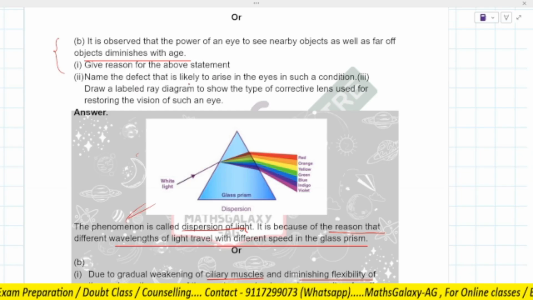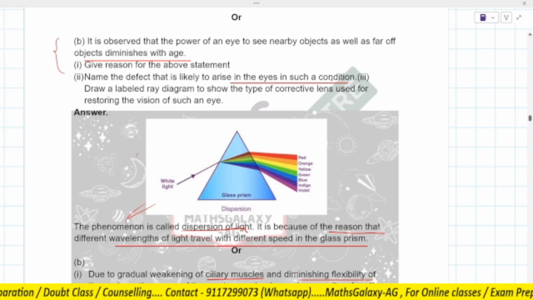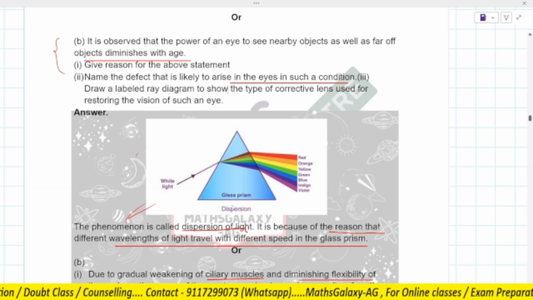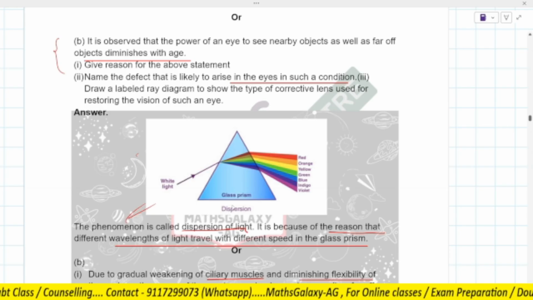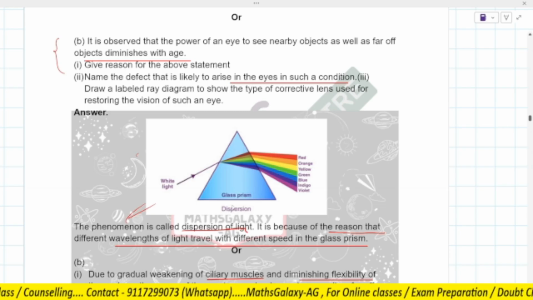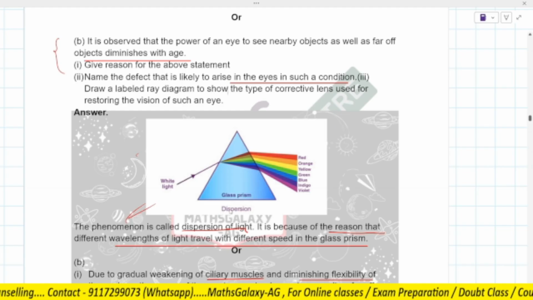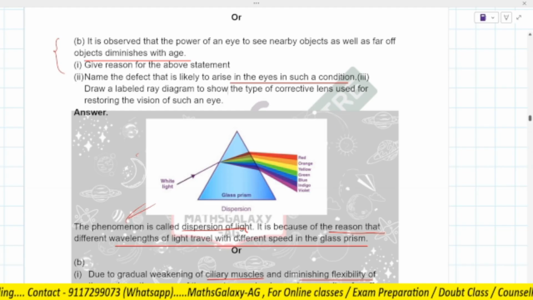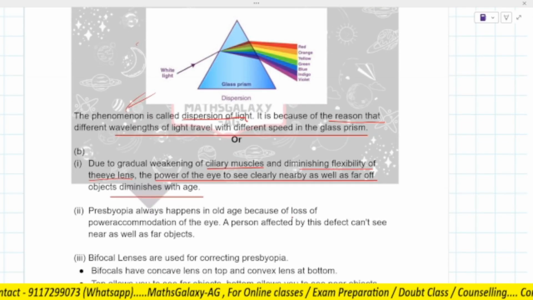The defect that is likely to arise in the eye in such a condition. So which type of defect can arise here with age? Presbyopia. Presbyopia, right? Very good. Okay, so it will be presbyopia, which happens in old age. Presbyopia happens in old age because of loss of power,